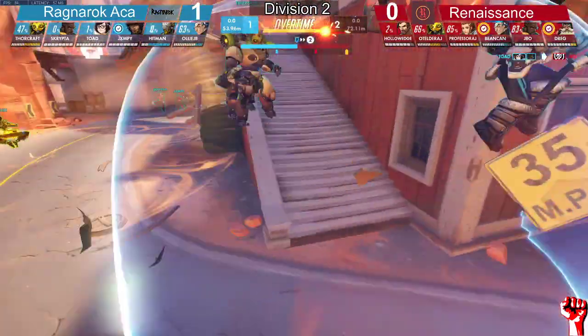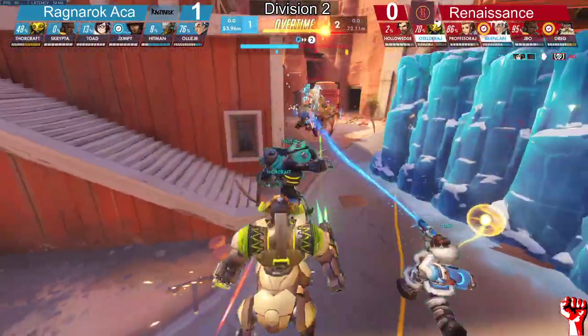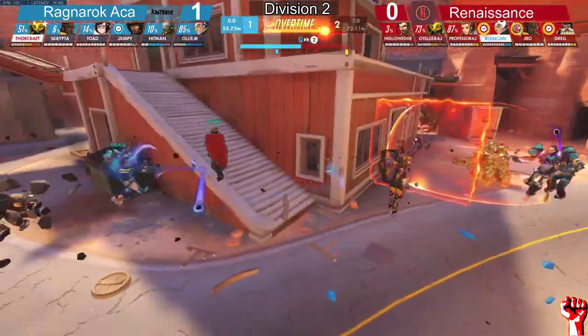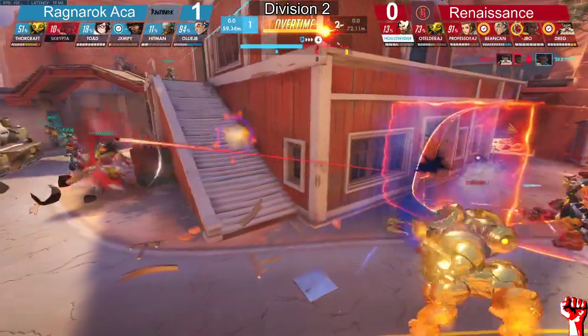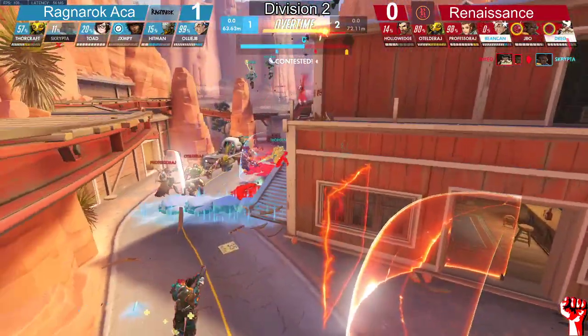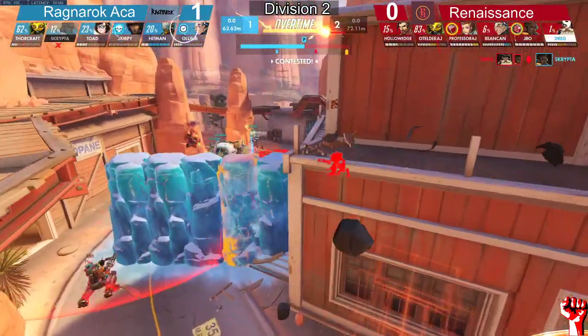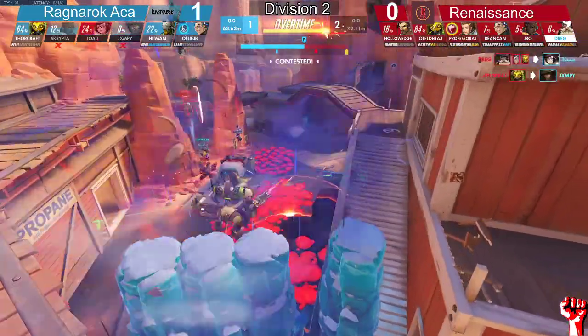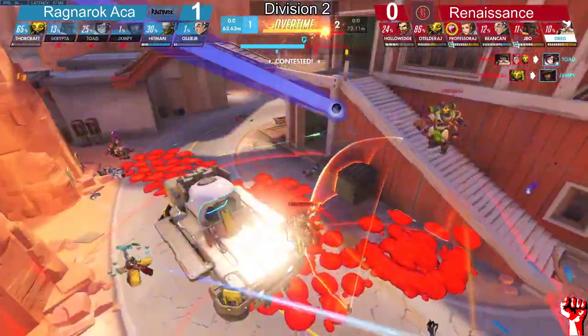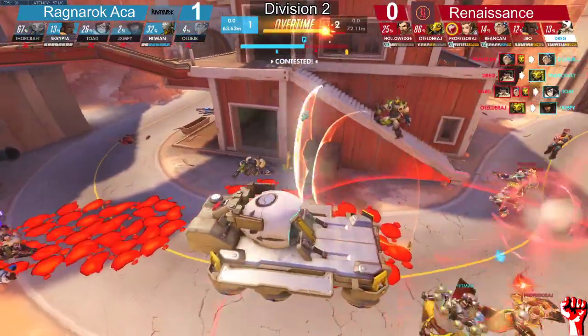The pull coming out here from Renaissance, finding nothing. The Ant Matrix to neutralize as Drag finds the Baptiste in the back. The Sigma in the air, but canceled by a rock from Ollie. Counter Gravitic Fluxes, 4 go in the air, but 2 DPS for Ragnarok go down. The lamp into counter